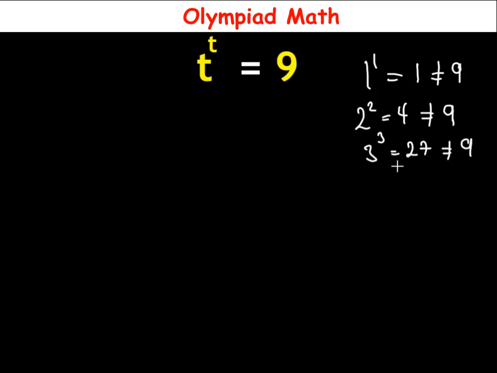But looking at it, if you raise 3 to the power of 3, it will give us 27, and 27 is greater than 9, the value we're looking for. Also, 2 to the power of 2 will give us 4, and 4 is less than 9. So, in other words, we can say that the solution is in between 2 and 3. But if we are to look for the exact value that will give us 9 once raised to the same number,